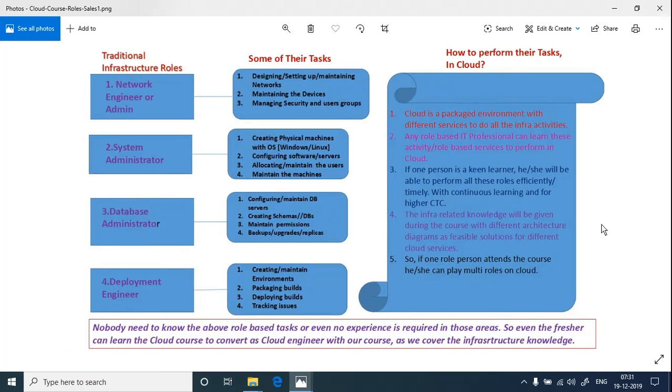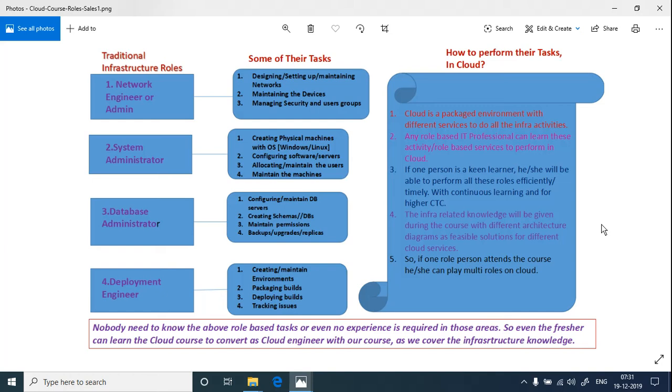Many of the organizations, even though they have converted into cloud, are still using these roles because of the scariness. If they miss these kinds of roles, they might miss some of the activities while setting up the environment. So these knowledgeable people are kept in the projects to transition the knowledge from them. Or even these people can convert into full-time cloud engineer roles once the migration has happened.